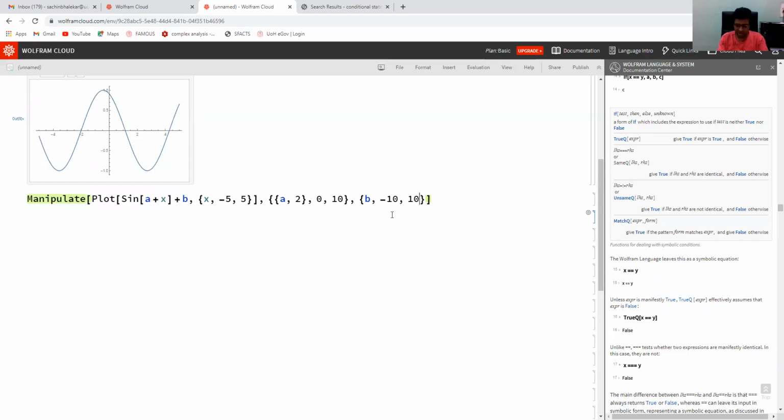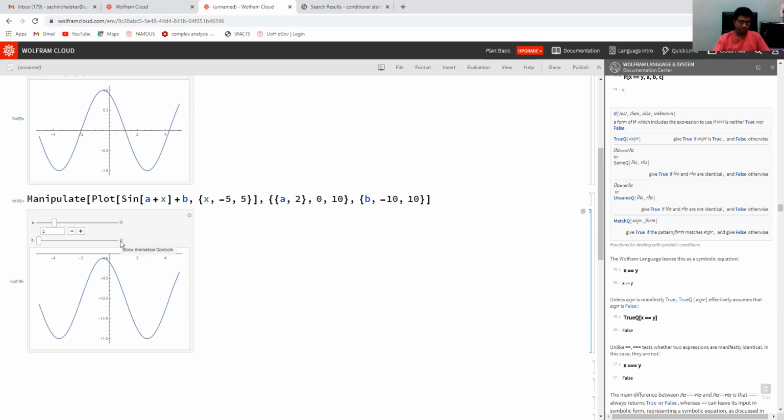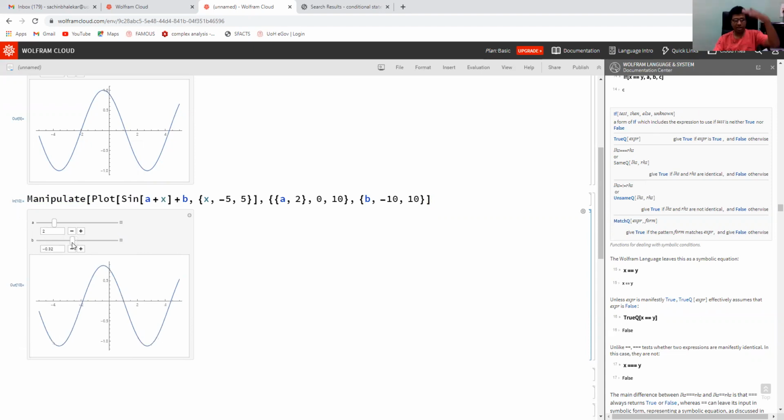So initially b will be minus 10. Now I can change the value of b as well. If I am changing b, the curve moves up and down.